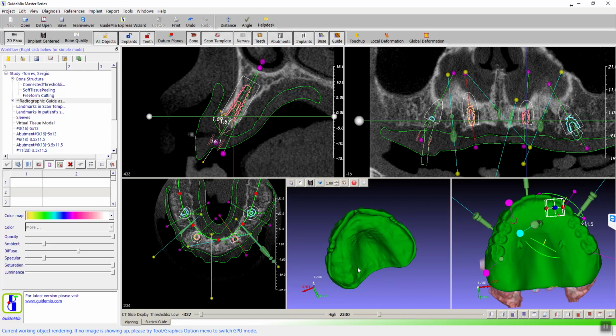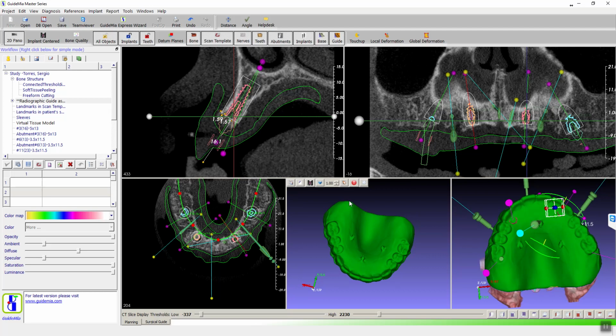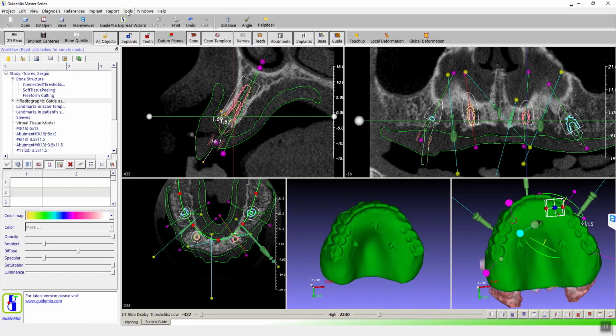So in case there is any gap in this area, you cut away the edge, so the guide will not be in the right position, because there was a gap here. When you place in the guide, it will go lower, so it will tilt towards the lingual side. It's not a good suggestion or practice to cut the radiographic guide this way. If you really want to cut this way,